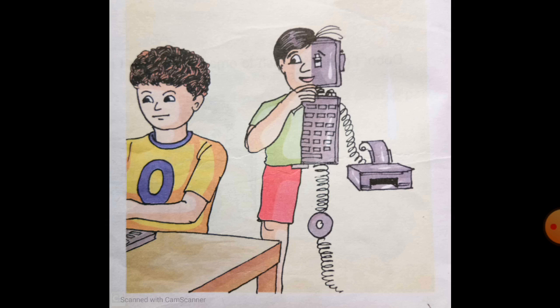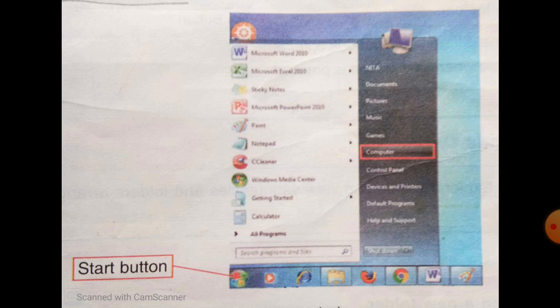Now, how to open Windows Explorer? To open Windows Explorer, click on the Start button, then All Programs, then Accessories, and then Windows Explorer.